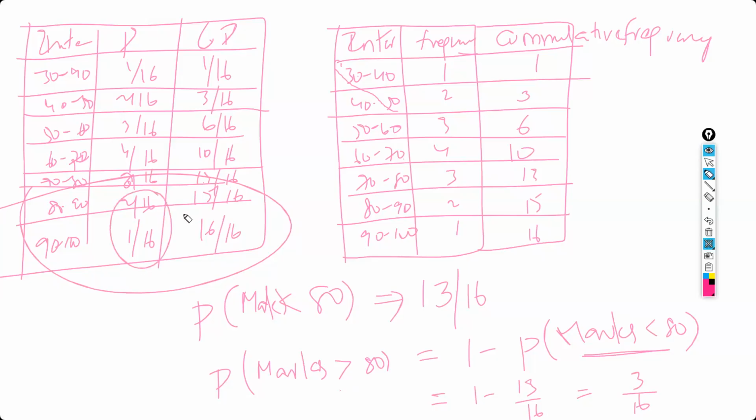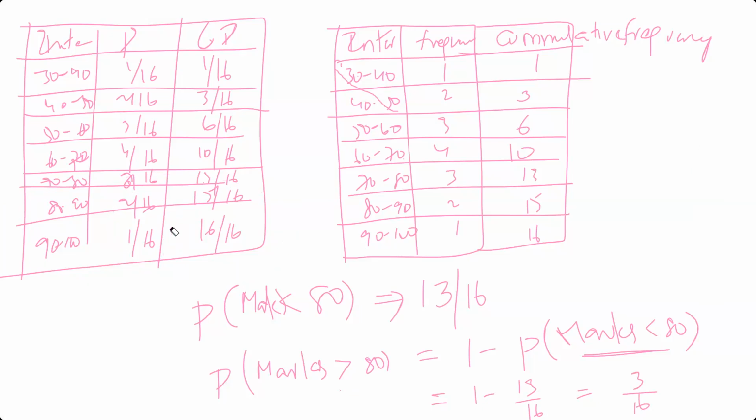So whenever they ask the question greater than, we have to do 1 minus. We can't directly calculate the greater than, because cumulative probability will be calculated from the minimum to that value. Minimum to that value means you are going to get by using the less than symbol. When they ask the question greater than, 1 minus. Sir, why 1 minus, sir? Because both the combination, less than 80 plus more than 80, total is going to be 1. Sum of the probabilities is 1. 1 minus.